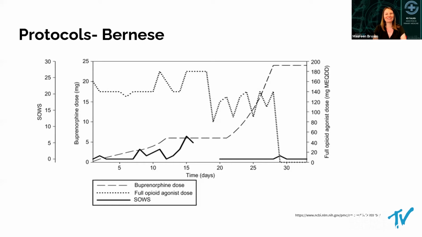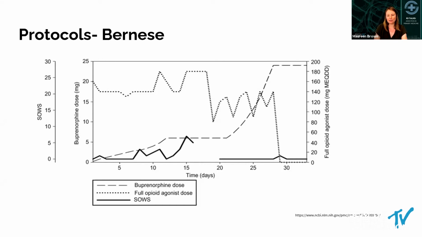So true to the theme that advances in substance use happen outside the US first and then trickle down to us, the first protocol that was using the paradigm of microdosing came out of Bern, Switzerland. So it's called the Bernese Method. And this is an illustrated graph of the protocol that was used in some of the first case reports. So the top dotted line is the patient's, what we'll call the full agonist, whatever pre-existing opioid that is not buprenorphine, not a partial agonist.